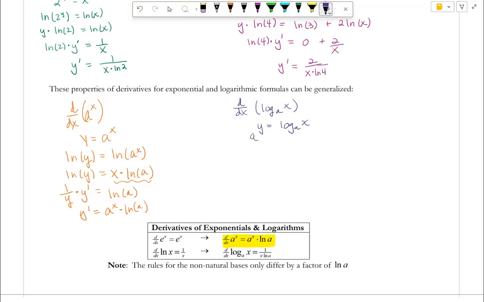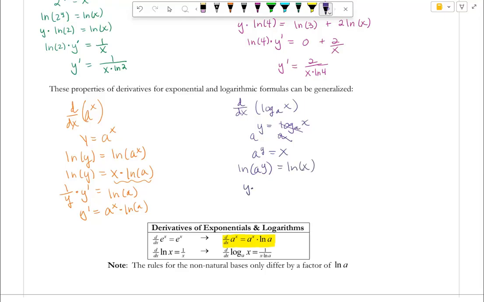So that means I'm going to rewrite this as a to the power of y equals a to the power of log base a of x. And again, we do that because log base a and our exponential base a are inverses, so they undo each other. Then when we take the natural log of both sides,